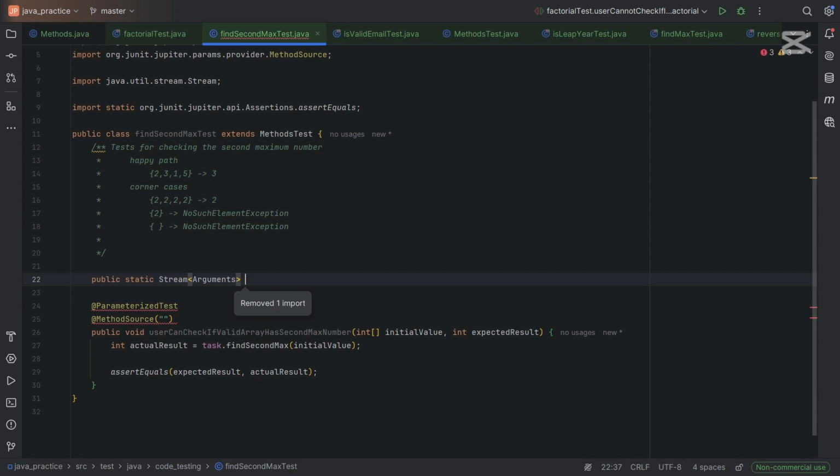And how we're gonna call this? We're gonna call valid source. Let's say valid source for finding second max,